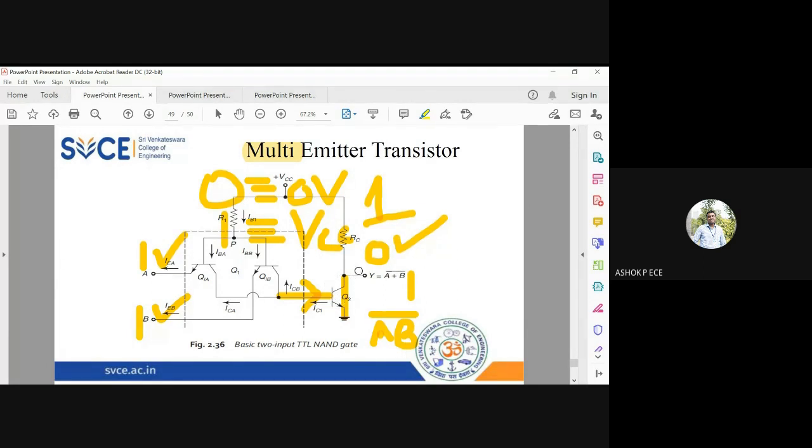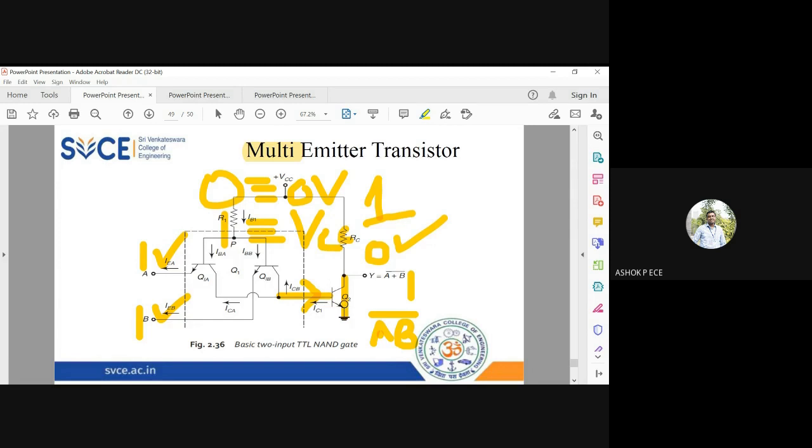So this transistor will work like a simple inverter or a NOT gate. One transistor is equivalent to a simple inverter because when you apply 0, the transistor is off, output is 1. When you apply 1, the transistor is on, output is 0. So apply 0, get 1; apply 1, get 0. So a single transistor will work like an inverter, a NOT gate. It will negate whatever input you give.